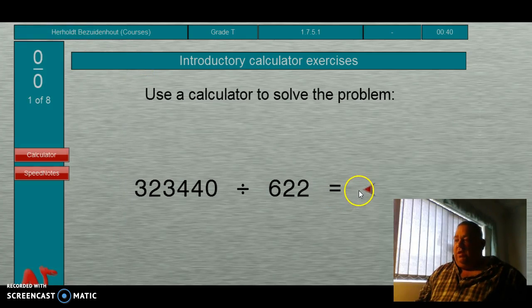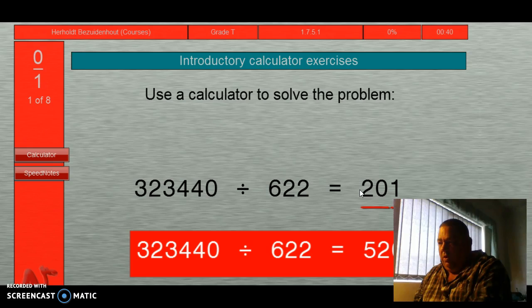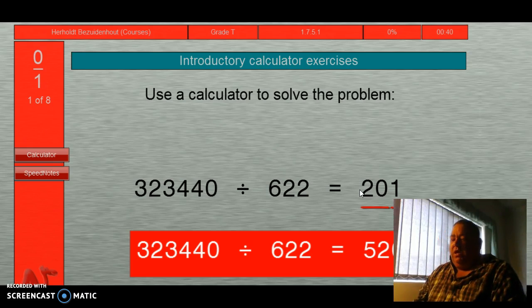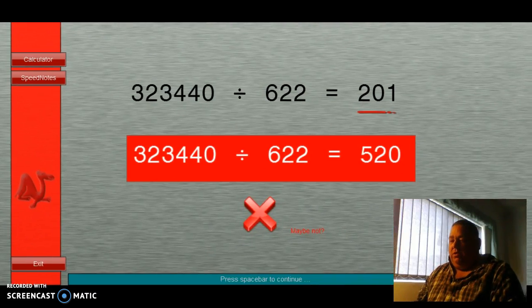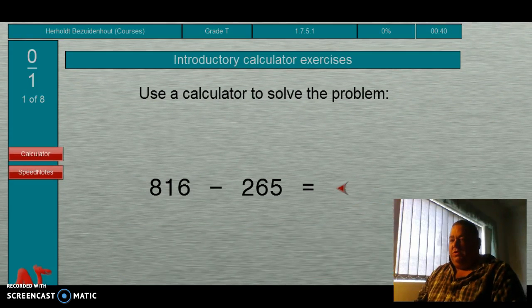Close the calculator and I go there. And now I just punch in on my keyboard the answer 2011. It's a mistake because I press enter. Can you see it's making a mistake then? It's saying I've got 0 out of 1. I've got a problem. Now it's saying to me as well, I need to press the space bar to continue with the course. Pressing the space bar gives me a new problem.